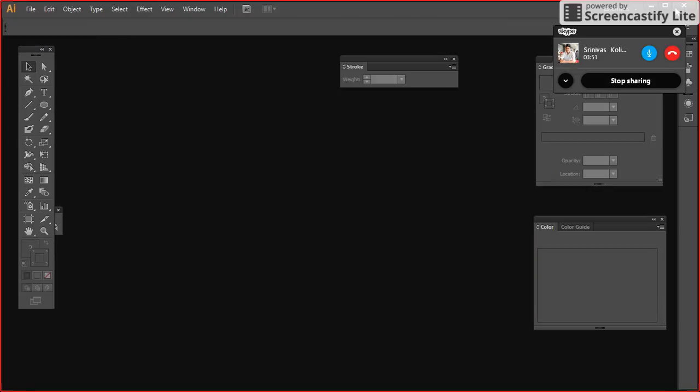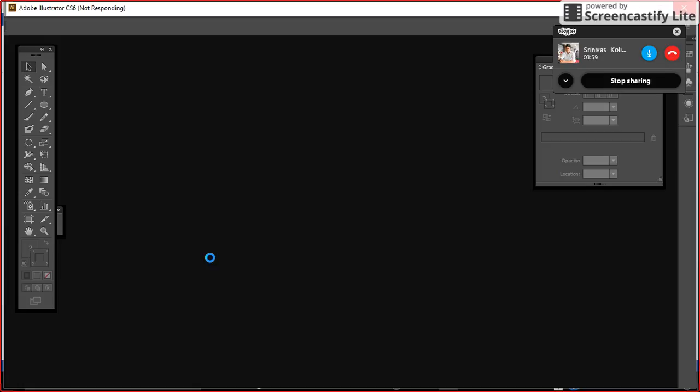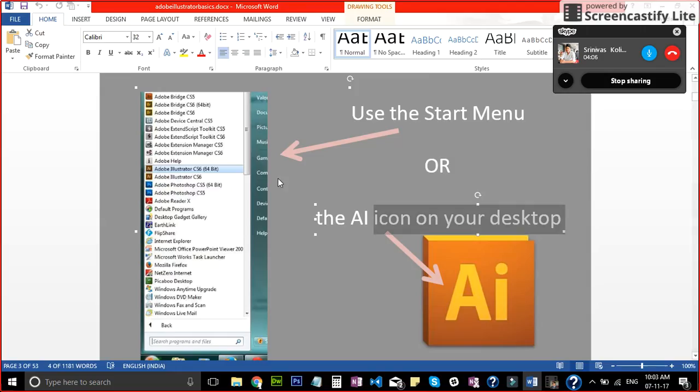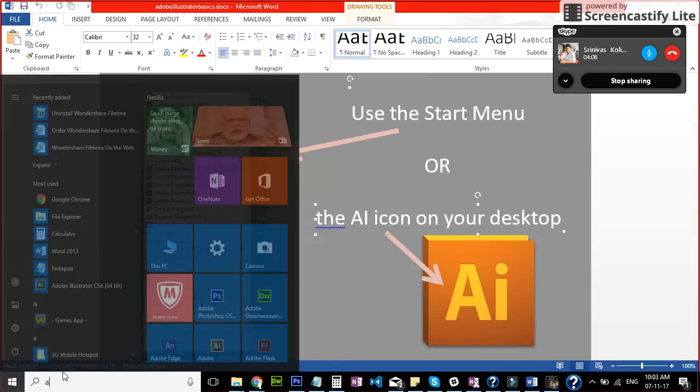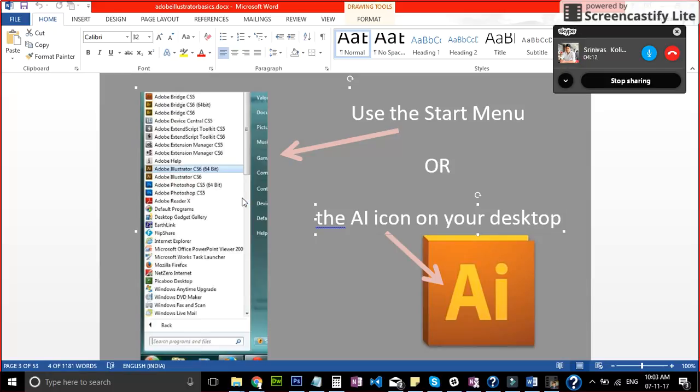So it is opening something like this. So the window opens. Let me show you once again. Adobe Illustrator. When I click on it,